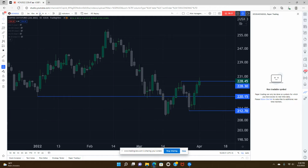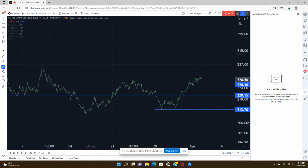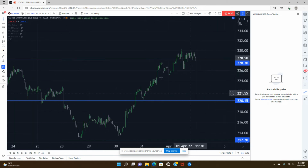But yeah, we get a little different reads on the weekly and the daily. If we go down to the 4 hour, 4 hours is essentially saying the same thing the daily's saying. Let's go down to even a very low time frame chart. Okay, so we have our break of structure on the daily level, right? We run up above these highs, but